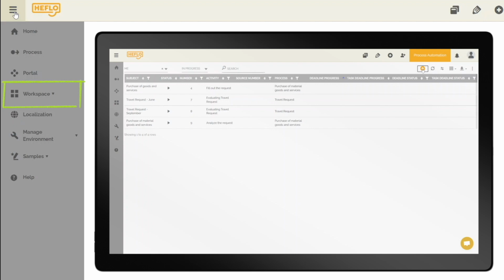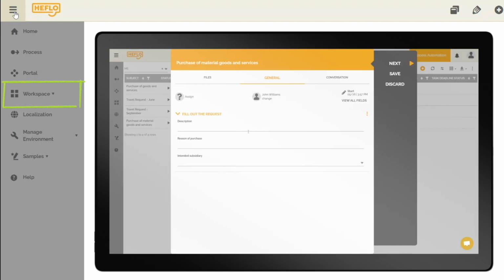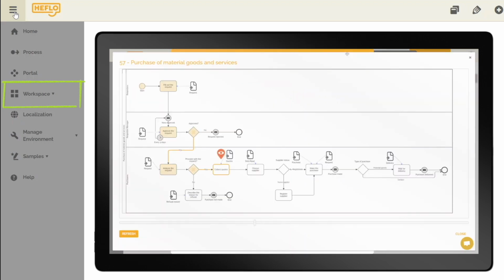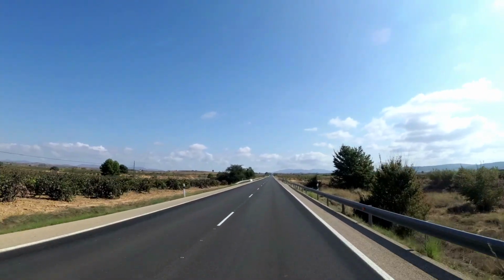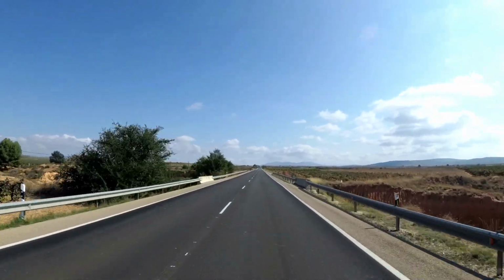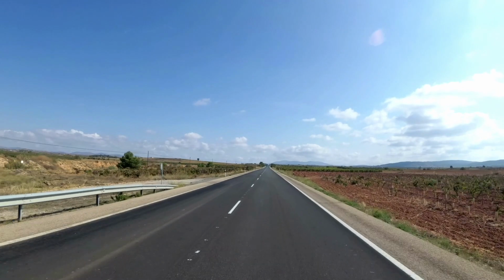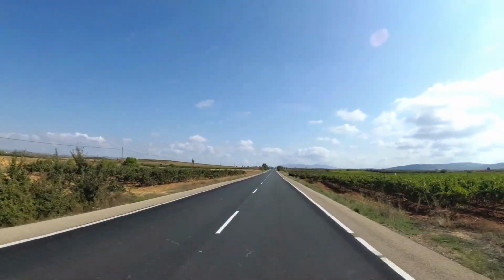The third is the workspace or task area. This is where generated work items are received for actions by teams or approvers, all of which are defined in the process. So, the kind of users for this feature are executors and approvers. And in the end, the three features will give you the power to define a process, publish a process, and automate it. This will then give you the opportunity to measure this process.